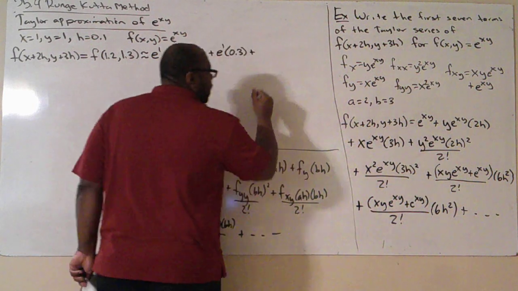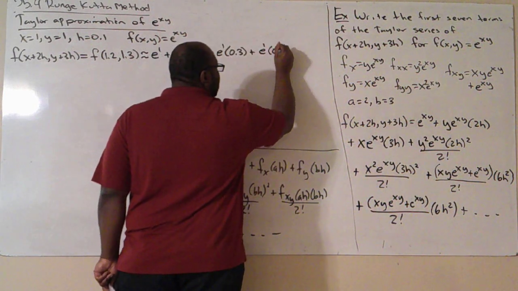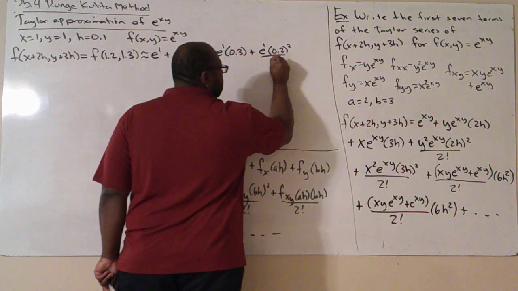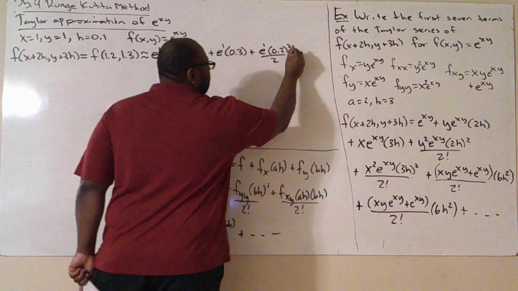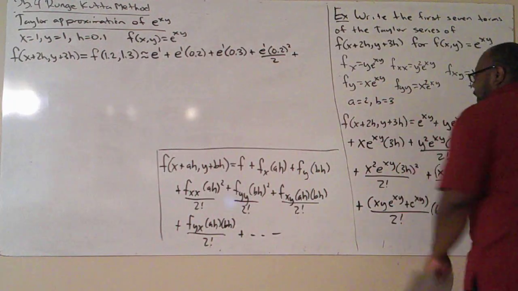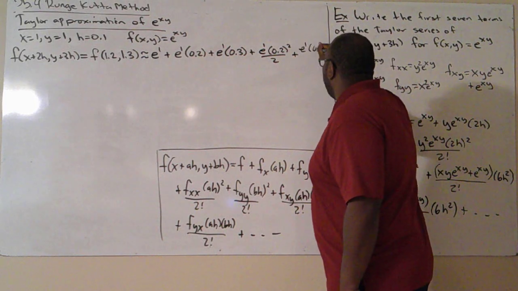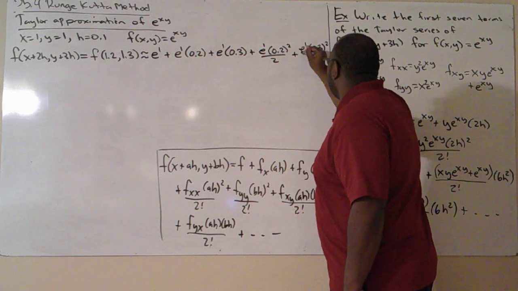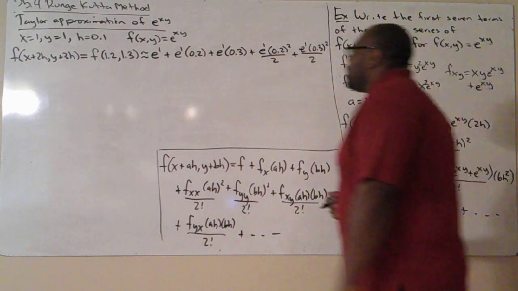So this becomes e to the 1, 0.2 squared divided by 2. Plus, I got to squeeze one more term in here. This becomes e to the 1, 0.3 squared divided by 2 factorial, which is what we have here, plus,